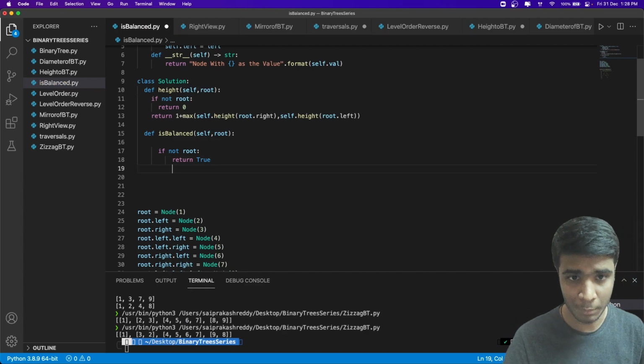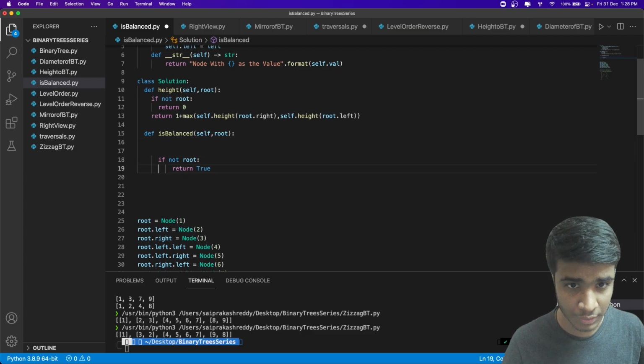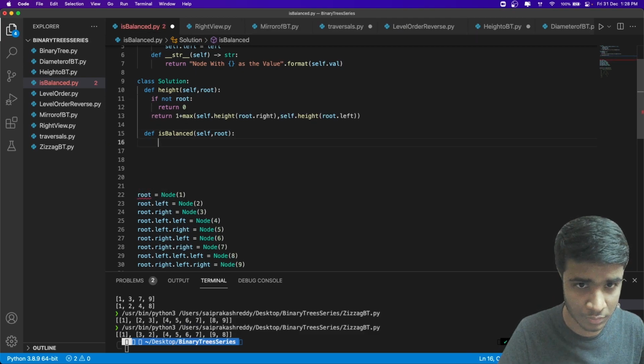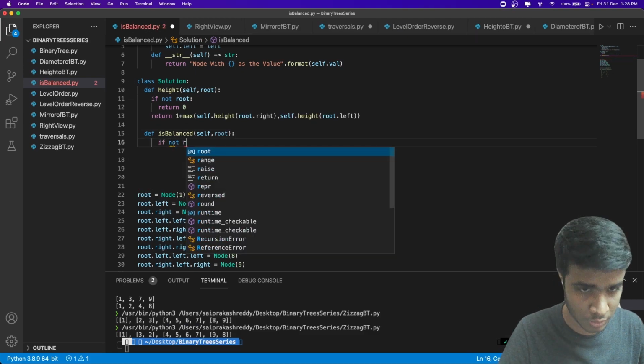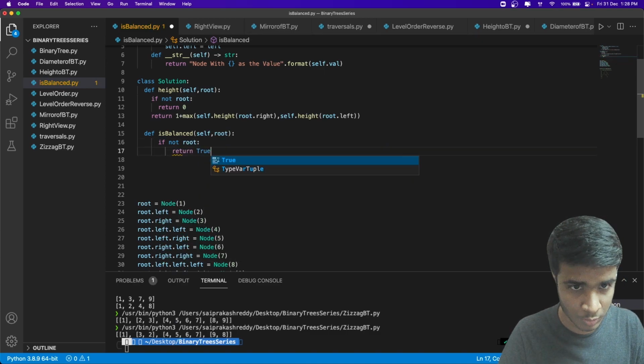So it is going to be balanced. So if we are ever looking at this and we know it is a balanced tree, why is the indentation messed up? If not root, return true.